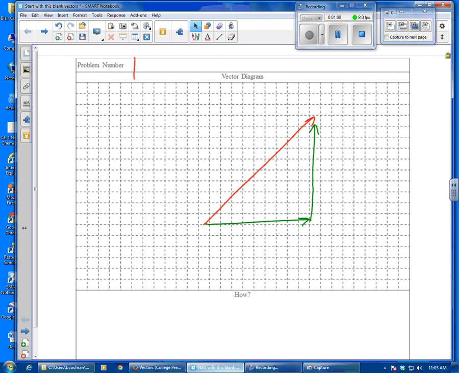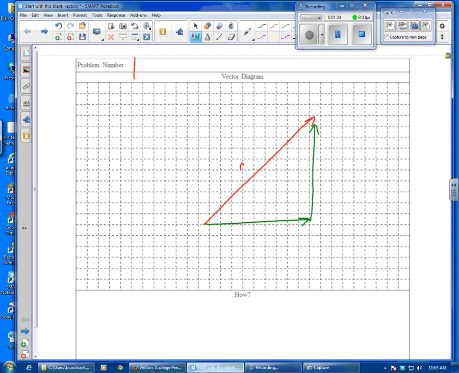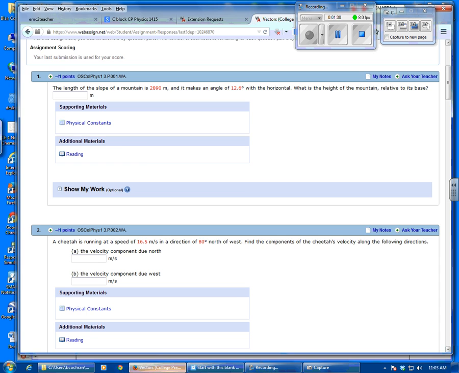And now I'm going to fill in the information they told me, which was the length of the slope is 2,890 meters. Notice that's in red, so that's different for everyone, right? What's yours, Sarah? Okay. 2,890 meters, that's mine. And then it tells me it makes an angle of 12.6